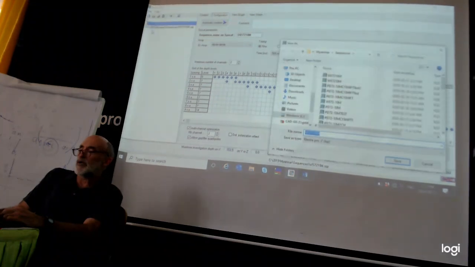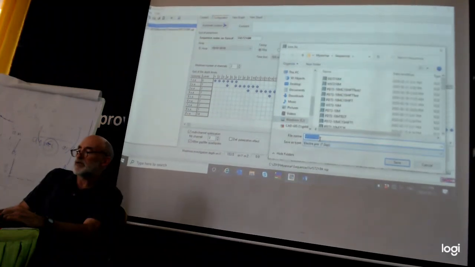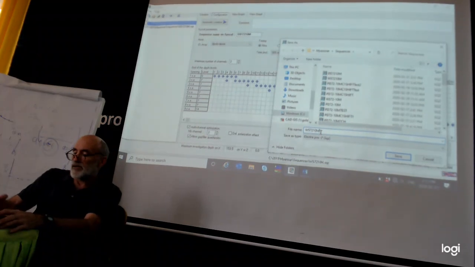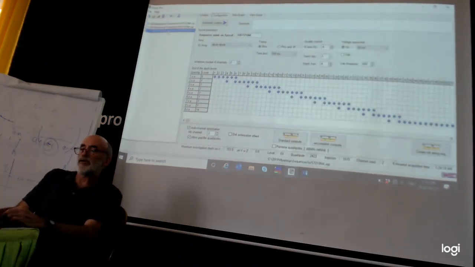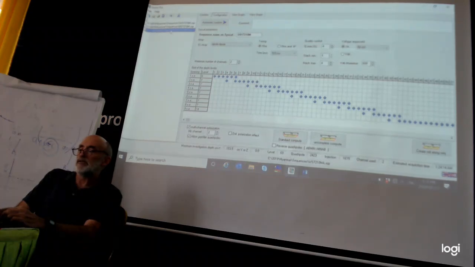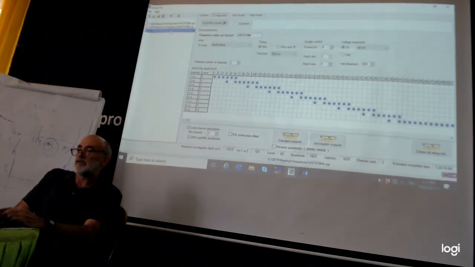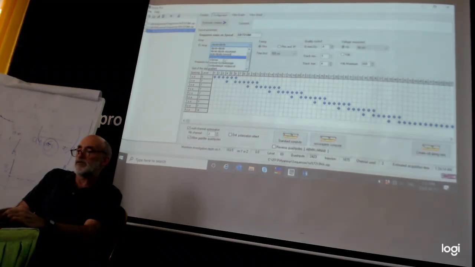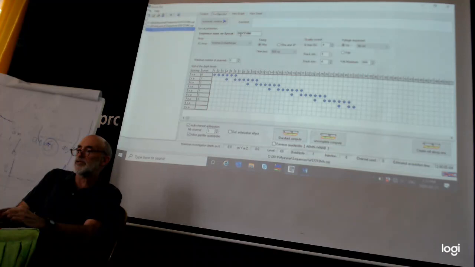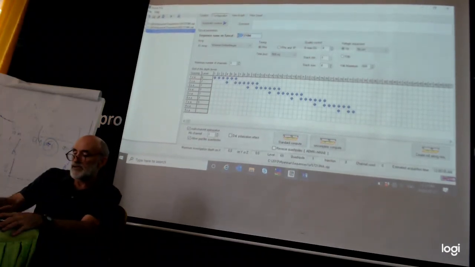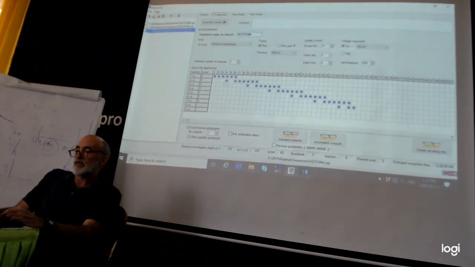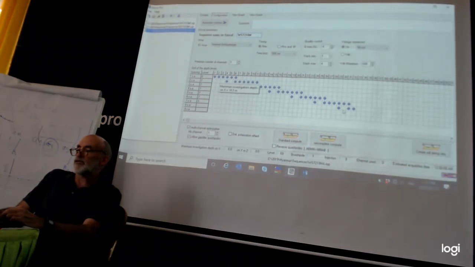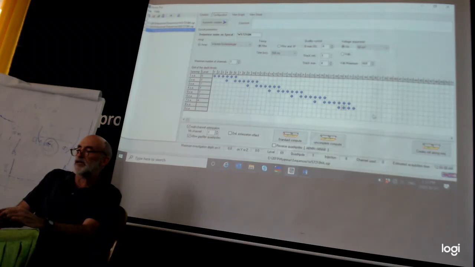save the one you're working in, call it a different name, and then you're working on a separate file. So now I could change this to the Wenner-Schlumberger that we had originally, change the name, and you see how it automatically turned off all the extra points because it knows it can't use those in